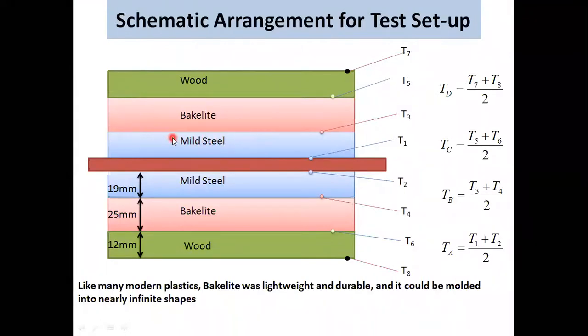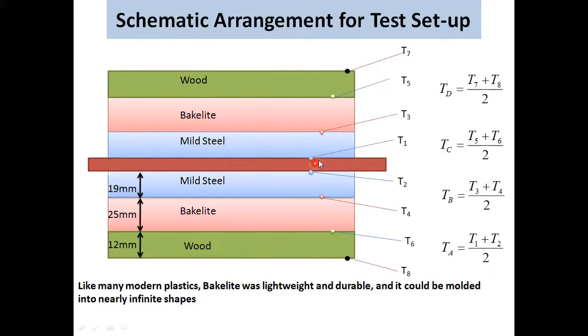So here we have replicated this composite wall above and below the heater. So this central portion is our electric heater from where we are supplying the heat. So heat will flow in both directions. It will flow in the upward direction as well as the downward direction.